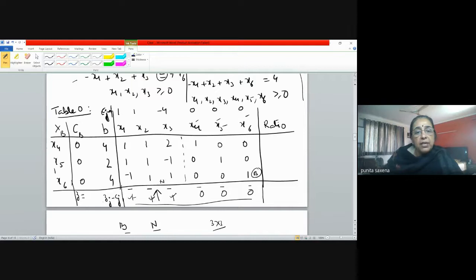अब ये जब entering variable बन गया, so supposing x2 enters, अभी I'm just trying to explain how this works in a table, right? We'll do the problems later on. So supposing x2 enters the basis, supposing, okay, then what will happen? See, this had a -1 here. So that means these column, these entries, अब ये तुम्हारा AK हो गया ना? Because xk, k is now what? 2.